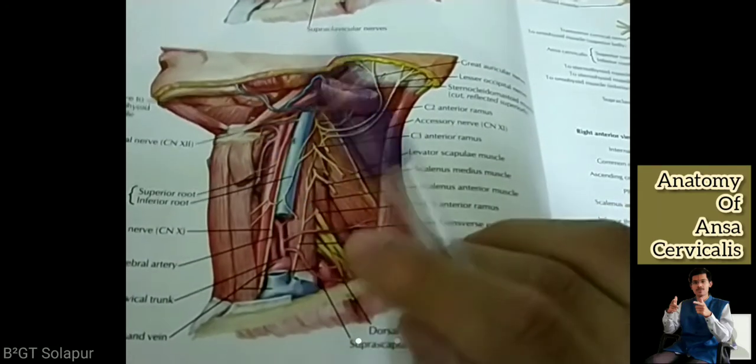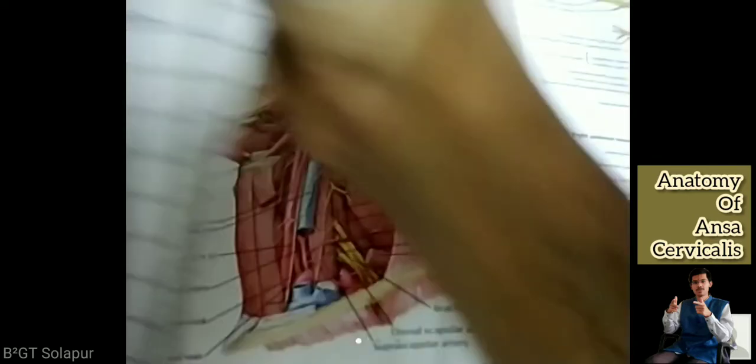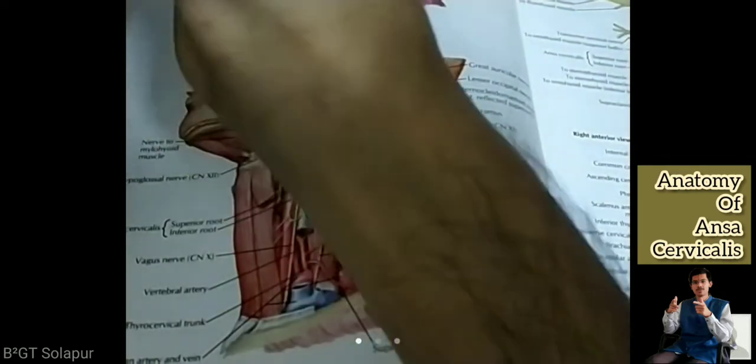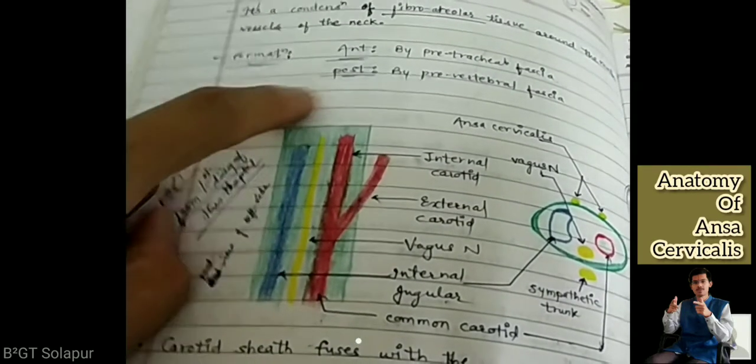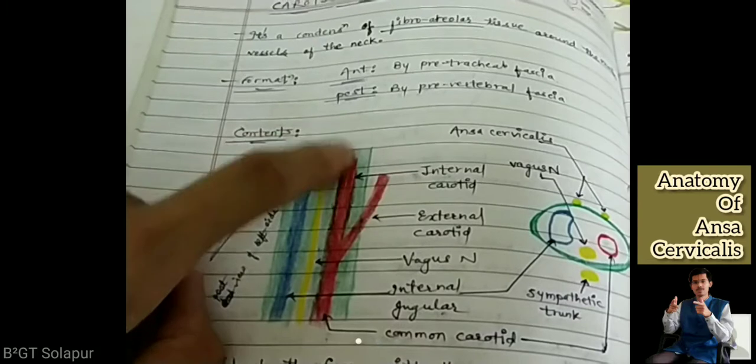I showed you the diagram just now. Do you recall? Shall I show it again? Wait, I will show it to you again. See this. You should get oriented. This is the reason why I am explaining so hard. Can you see this diagram? See this. Internal jugular vein. Vagus nerve and internal carotid artery, which is a continuation of common carotid.